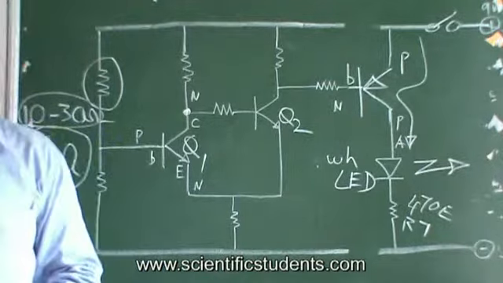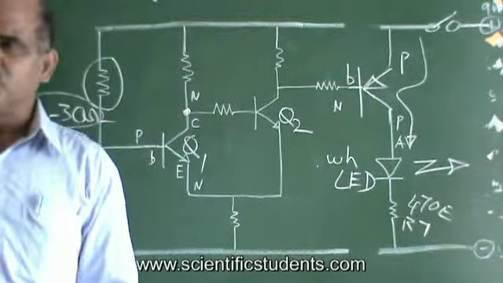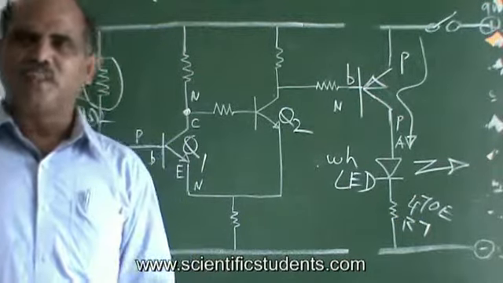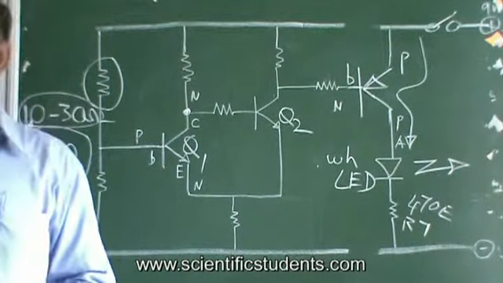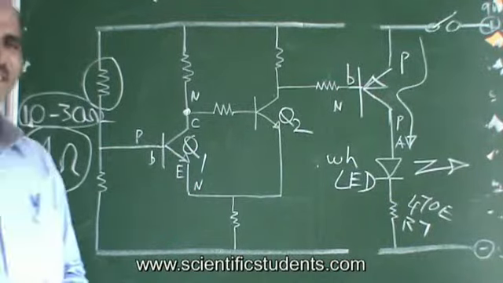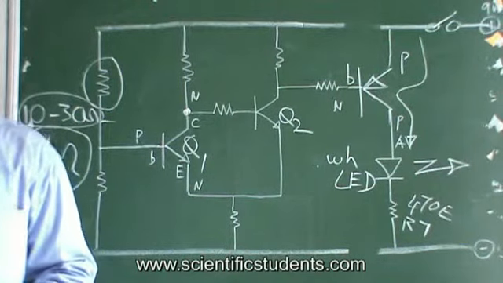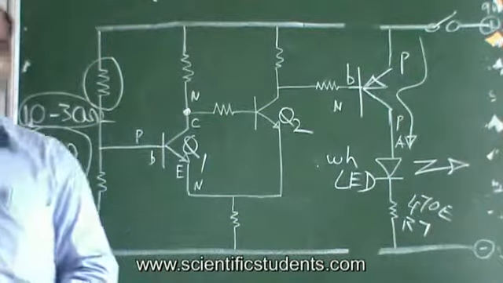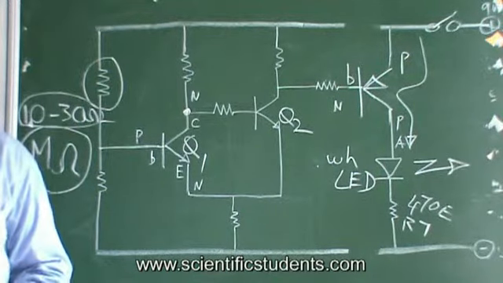So don't you think that it is waste? Because if you are going for a manual switch off and switch on, when you switch off, no power is wasted, and when you switch on, only the lamps are consuming power. But here, to make sure that the system is automatically working, some power is always getting wasted. Don't you think that it is waste? Yes or no? Yes. But of course, I will tell you how much less it is wasting compared to the wastage of the street lights and all.